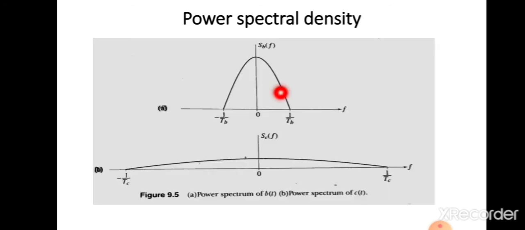Here its power spectral density ranges between minus 1 by TB to 1 by TB, and it assumes this form. Similarly, for the PN sequence or C of t, the power spectral density will have a larger range compared to this one, that is minus 1 by Tc to 1 by Tc. Since it has a larger range, its amplitude will be lesser compared to the power spectral density of B of t. So this spread sequence will have a power spectral density, power will be lesser compared to this